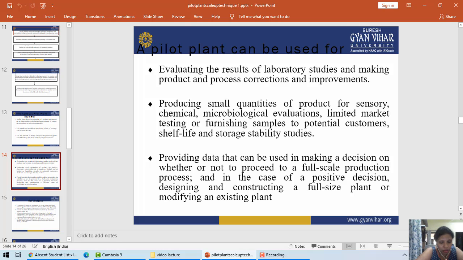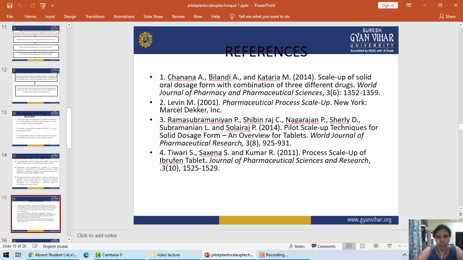If we need certain new things in the machinery for our project, we can also add it during the pilot plant study. So these are some references which you can search for the same pilot plant study. There are many books in the library also, you can go for them. Other than that, there are different books mentioned here. There are also different journals which have very good literature related to the pilot plant scale up, so you can go for that.